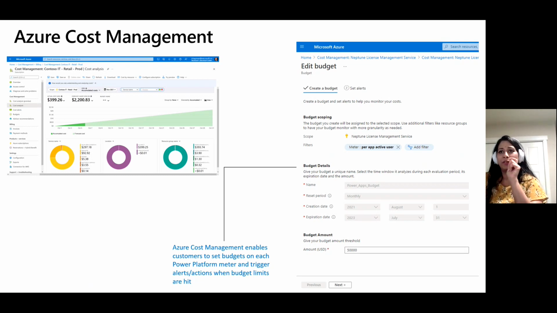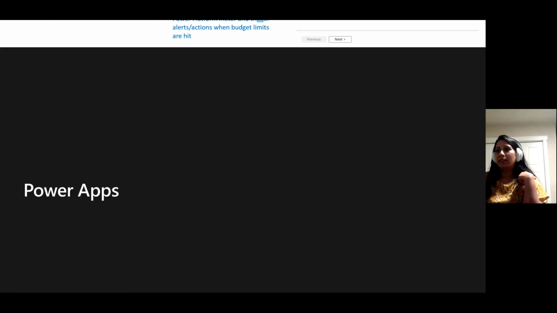So you can go to Azure Cost Management and you can see which meters are being charged, how much is being charged, and you can also set up alerts on the scope on the budget, so you can say this particular environment or this particular meter can go up to $50,000, and if the spending goes above $50,000, it will send me an email or text, or you can even make it take actions like run a script or call an API, etc. You can also use Azure tags, so you can figure out what is causing the cost. So that's how you can manage the cost.